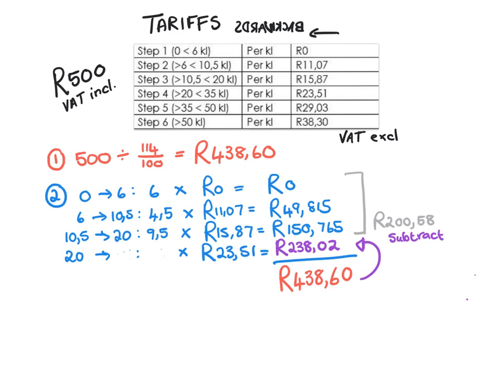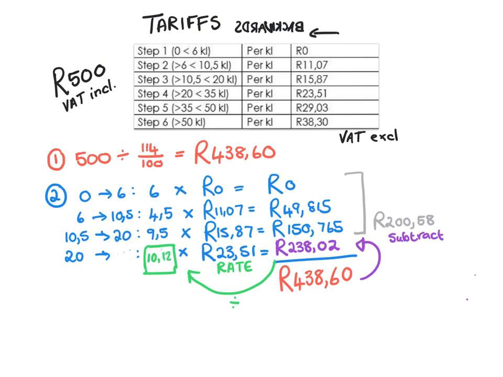The question is now, what is this amount that I need to multiply by 23 Rand 51, which is the rate, to get that purple amount of 238 Rand 2 cents? So once again, if I multiply when I work forwards, I need to divide when I work backwards. So 238 Rand and 2 cents divided by the rate of 23 Rand 51 gives me